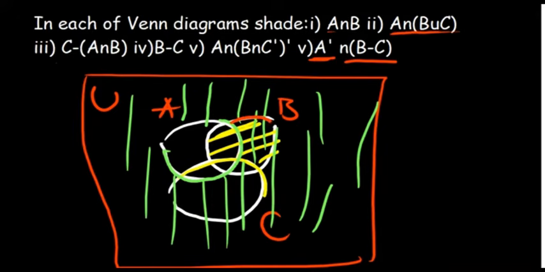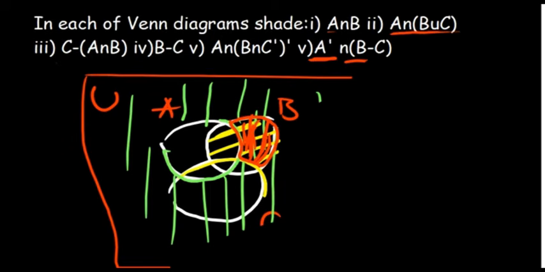This is where these lines are meeting. So that is our region of interest. The region that is outside A and part of B minus C. So in summary, what we're saying is it's this part. If you try to show it clearly, what you have is